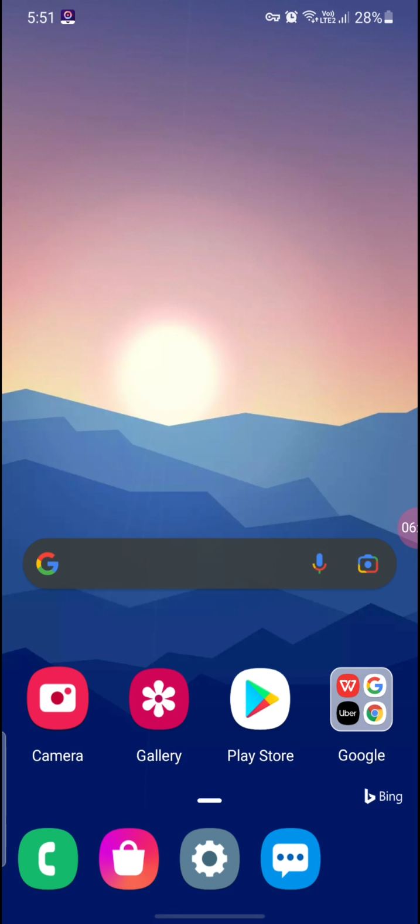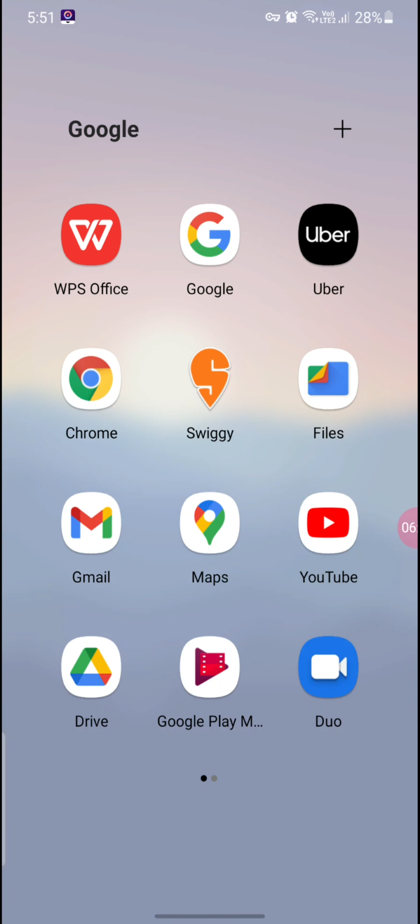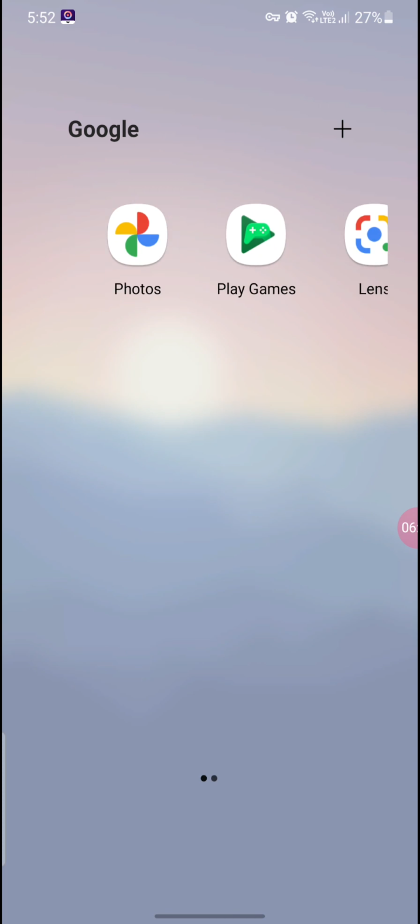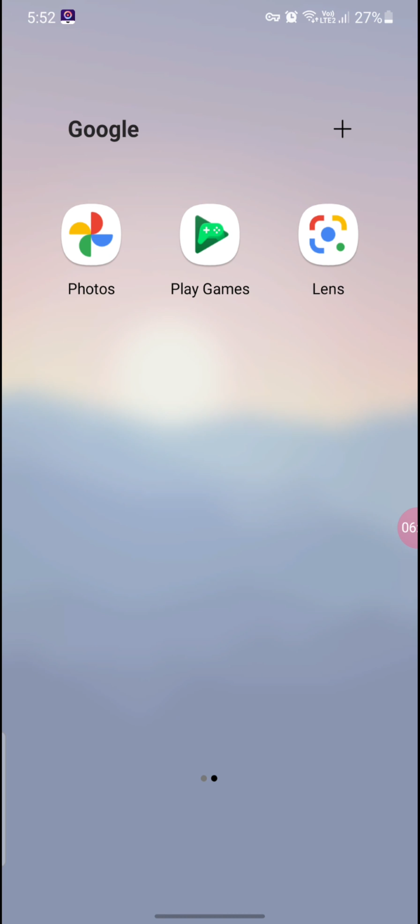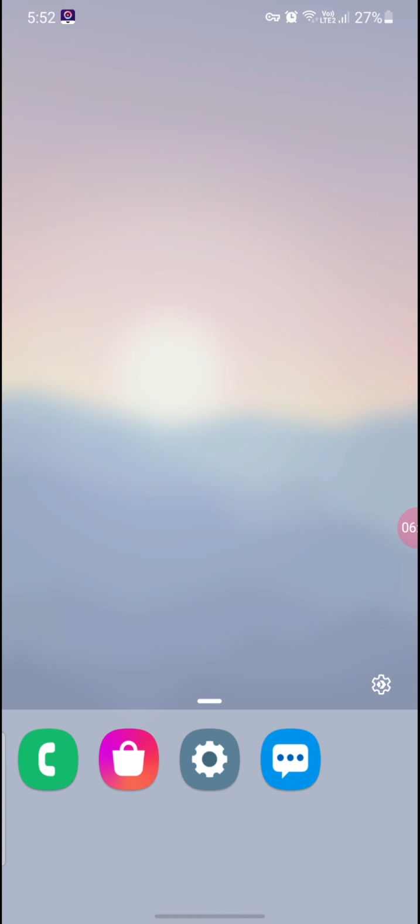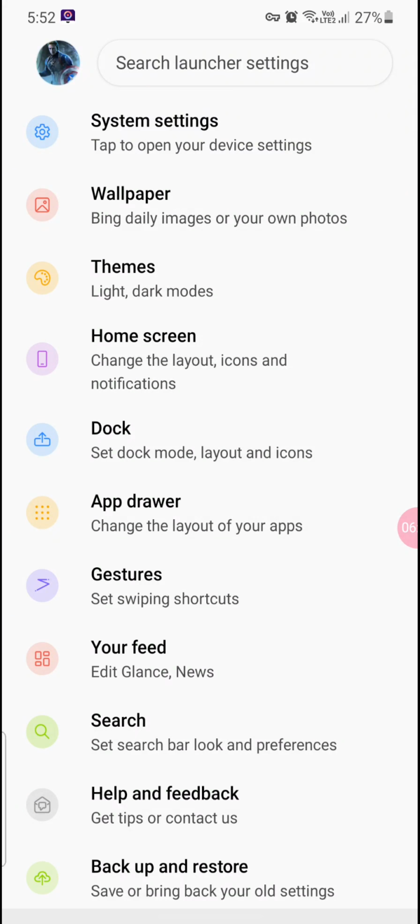Okay, so let's go back, and you can see now my folder is attaching to all the screen, full screen. And by switching you can see it's happening, but before it was for scrolling. So this is also a useful thing.